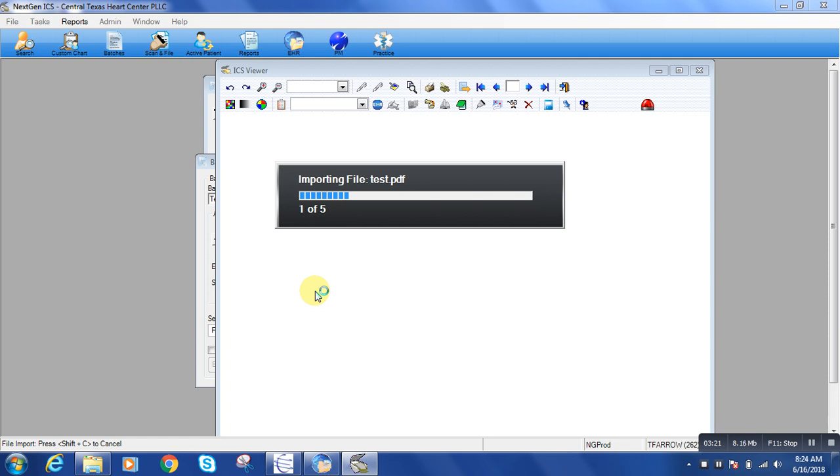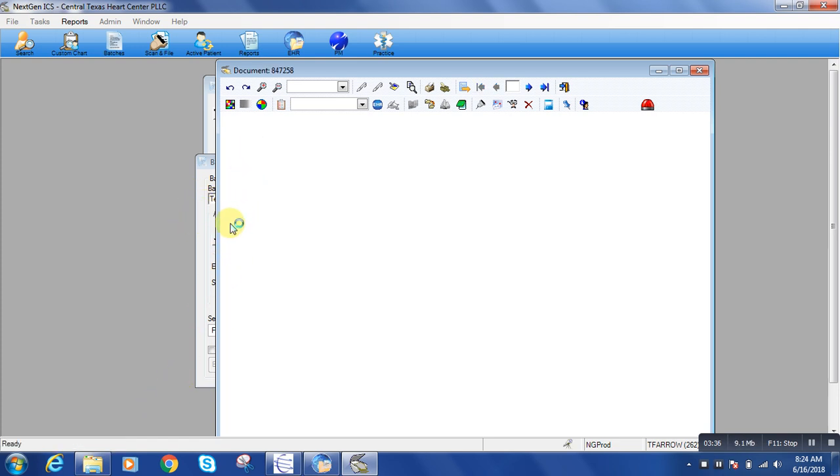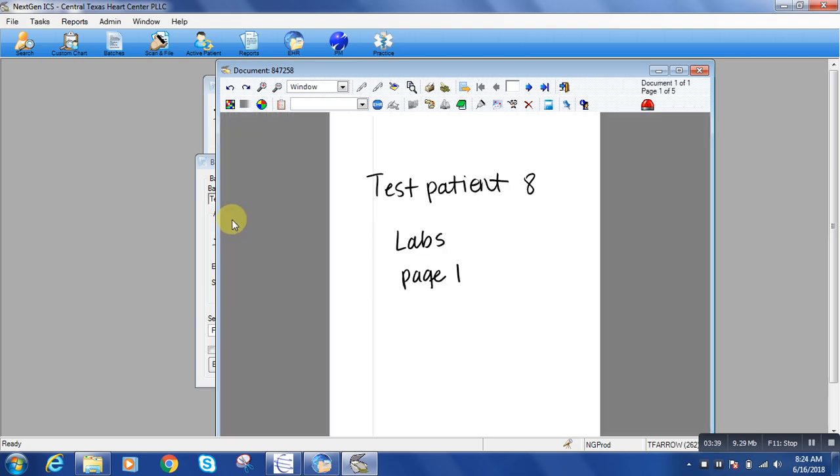Now from there in that folder, you can also choose, say if you scanned different documents, so if it said test 1, test 2, test 3, all those different files on there, I can select all of them at once if I wanted to, but I just had one document in there that I wanted to use for this. So here is the first document. It is 5 pages, and here it says test patient 8 labs page 1. So patient, document type, and then what I'll do is I'll click filed,